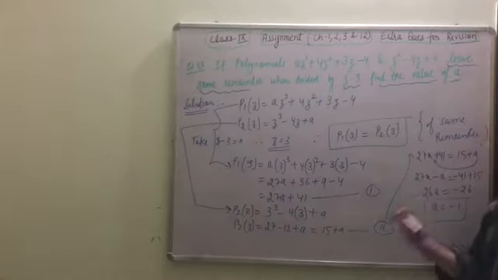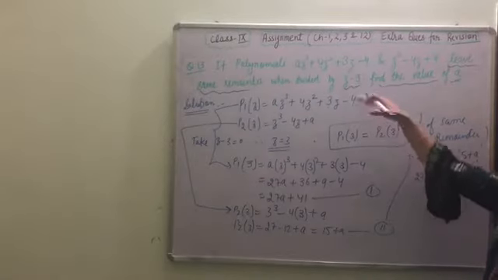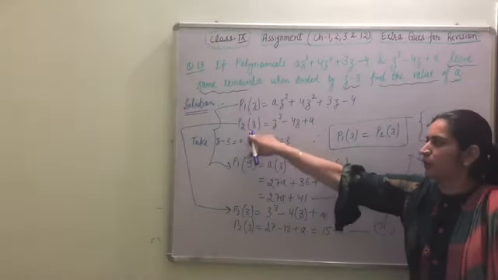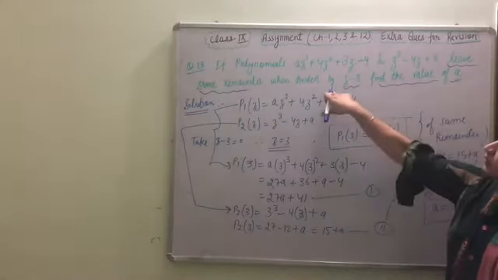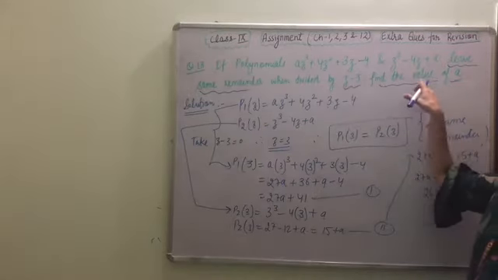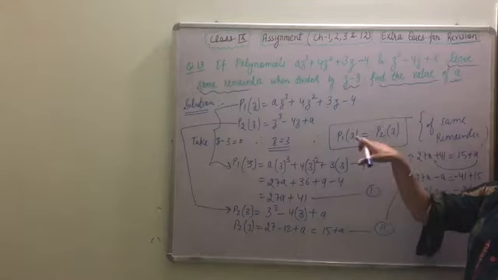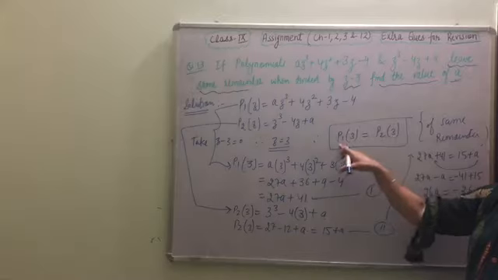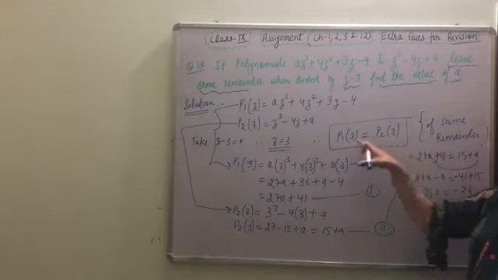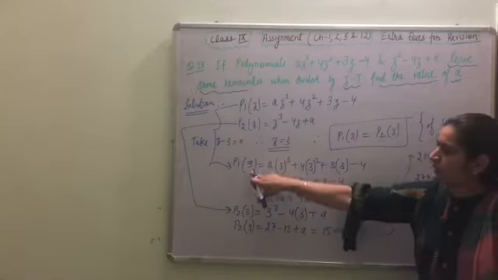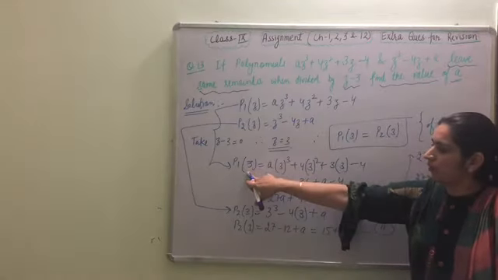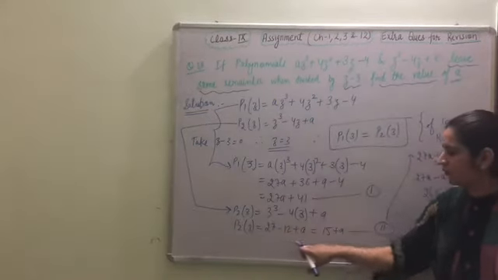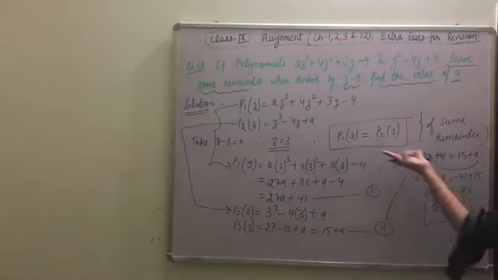Question is very important. Again, I'm just telling how we have done the question. Two polynomials were given. Here we have written the first one as P1 of z, second one as P2 of z. Condition was that when this is divided by z minus 3, they leave the same remainder. So the condition of the same remainder means the remainder for the first polynomial and the remainder for the second polynomial are the same in both cases. So P1 of 3 and P2 of 3 both are same. In place of z we can write 3: the value of the first polynomial at 3, the value of the second polynomial at 3. Because this was the given condition, we can do the comparison.